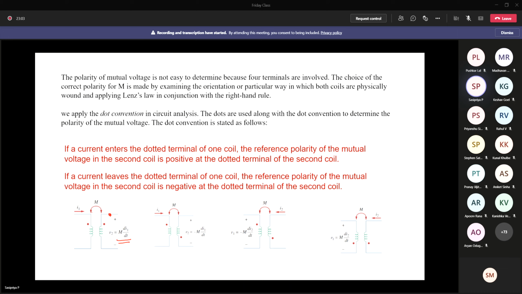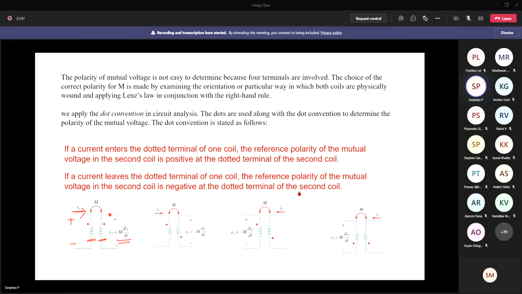That's very important. Now for this coil there is no problem, because with reference to this current direction or with reference to the applied voltage, we are able to find the voltage. Whereas due to this mutual inductance, we are having some voltage, right? So how do we determine the polarity? How do we find the polarity of this voltage? It's very difficult to determine because this voltage polarity depends on the Lenz law, and it depends on how these two coils are constructed and how they are placed. It's going to depend on so many parameters.